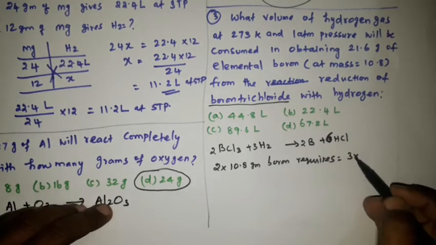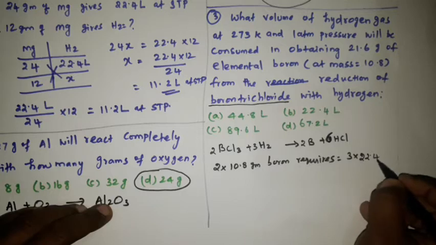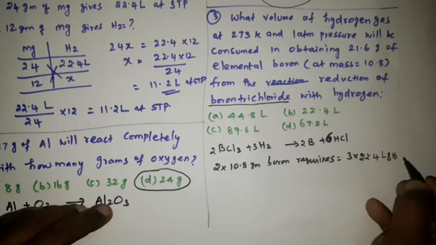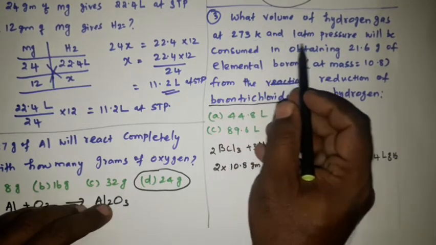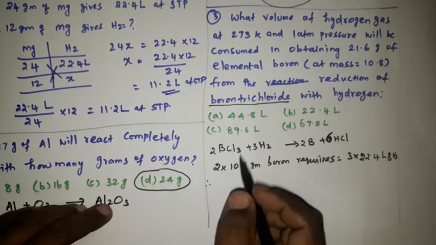That is 22.4 liter of hydrogen at 273 Kelvin and 1 atm pressure. So according to the question,